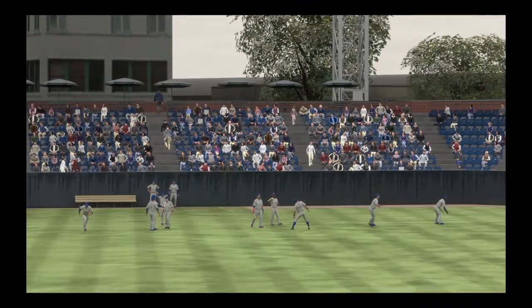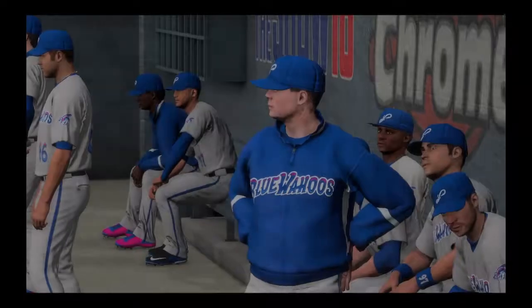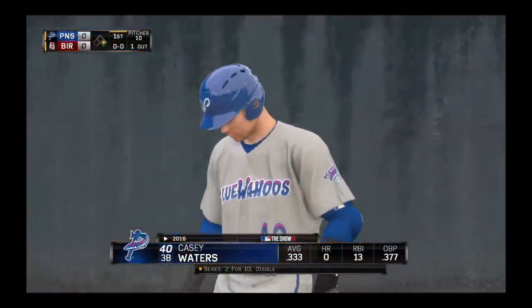Back here with our minor league pregame. It's time for baseball now as the show's tour of the minors continues with a stop in the Southern League. Game 1 here in the...